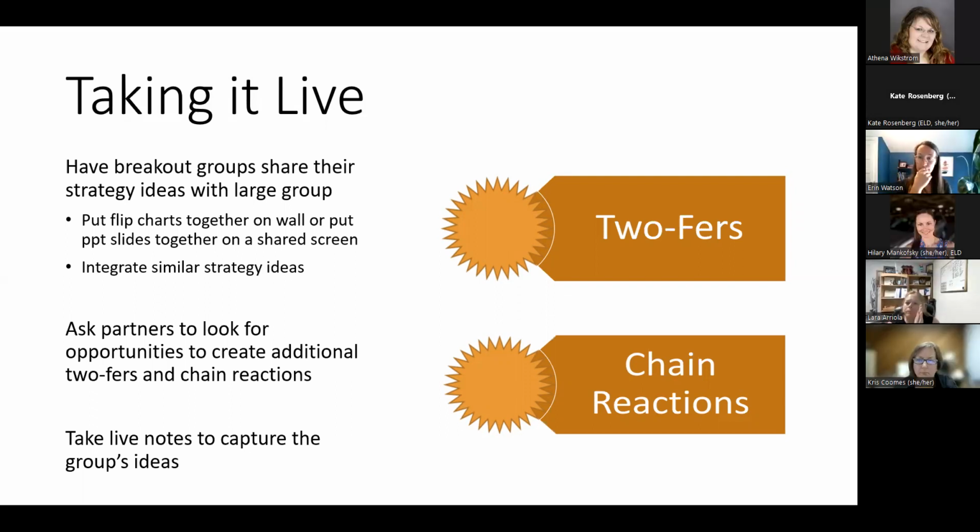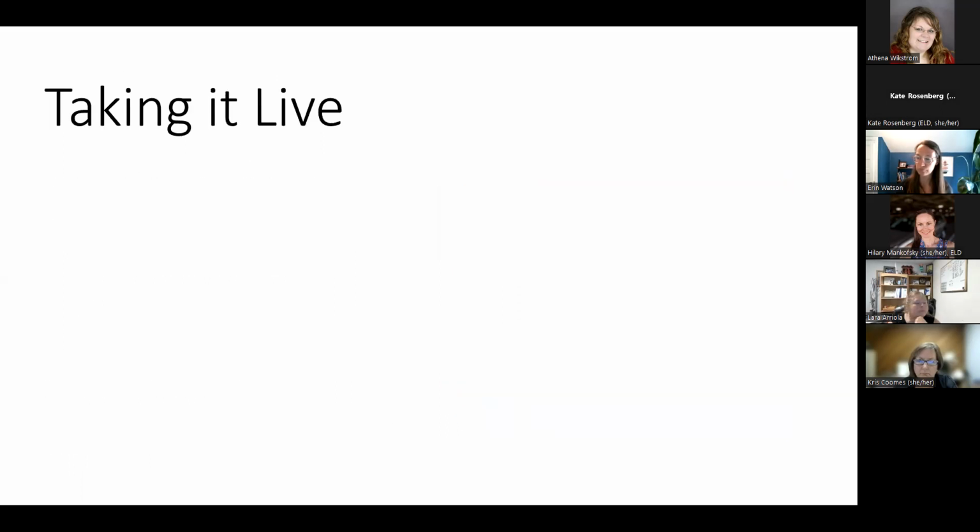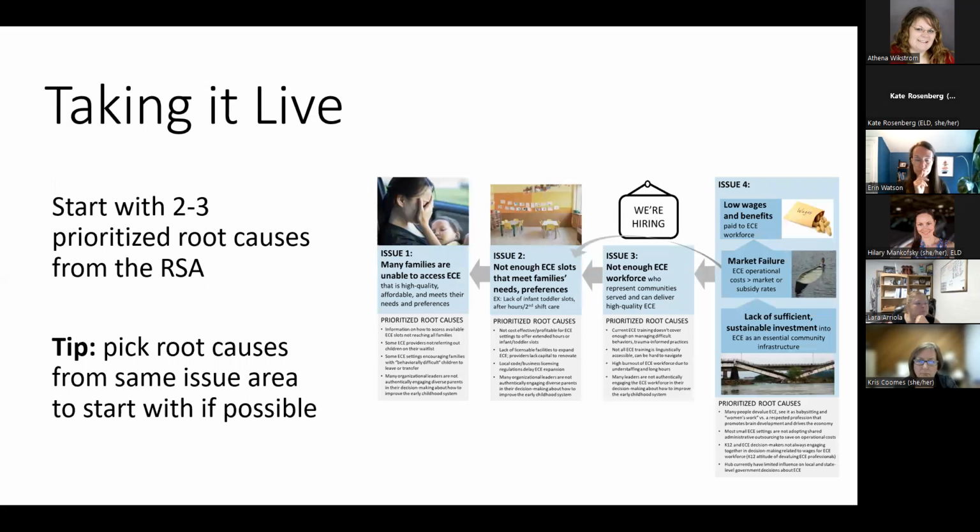I think my first question that comes to mind is, while we're coming up with strategies and things like that, should there be guardrails in place that keep it focused on what they can do as an organization or things like that? Because while there may be a lot of strategies that come up, we may not have any groups or organizations that can lead that work.